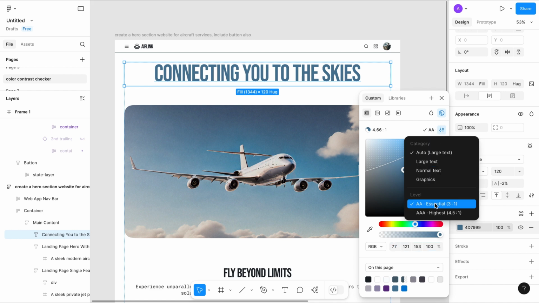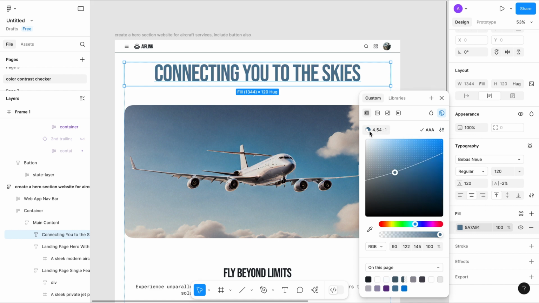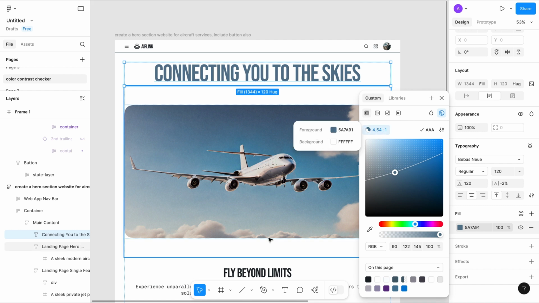Let's select the AAA. The essential ratio for this is 3 to 1 for the heading, and the highest is 4.5 to 1. So let's select this, and you can see here the ratio of text and background white, which is 4.54 to 1, for foreground and background.